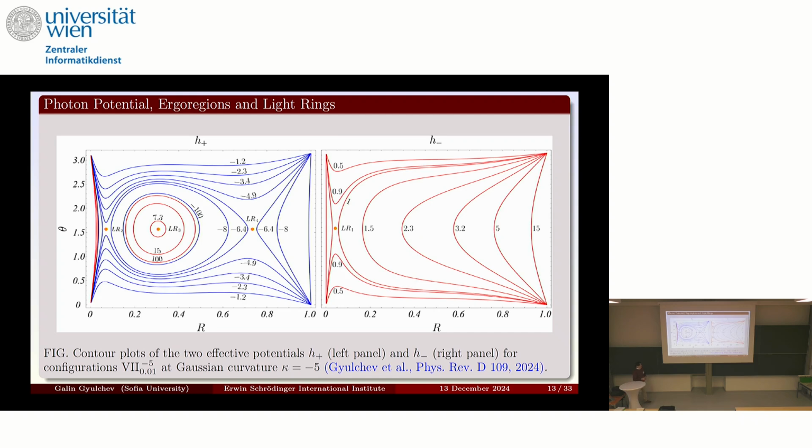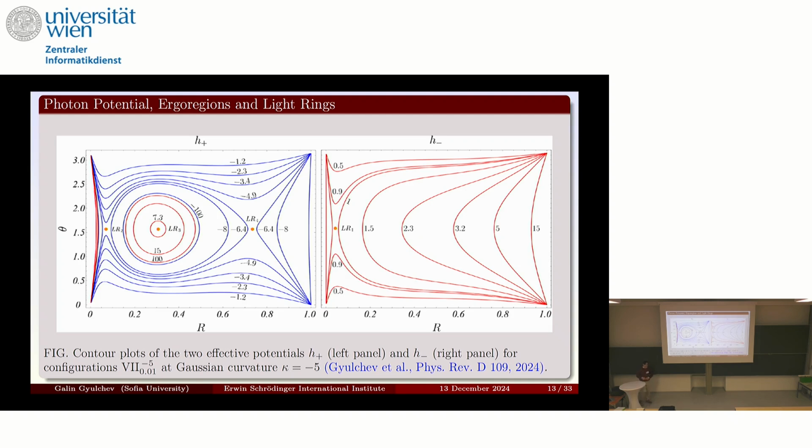So making this, for example, for some Gaussian curvature, for example here k equal to -5, we make this potential, and very clearly we can see